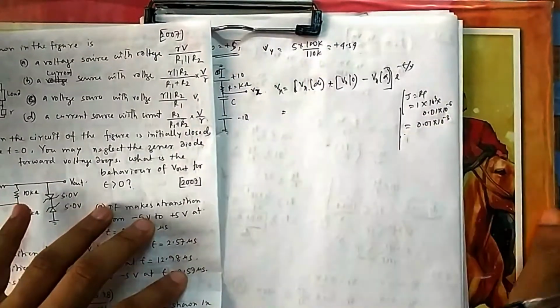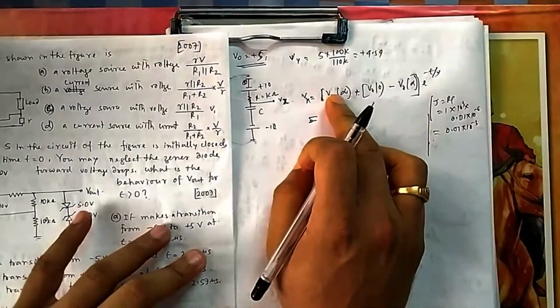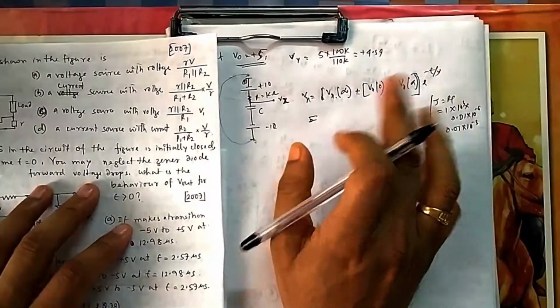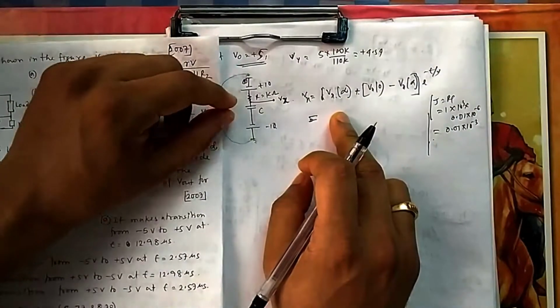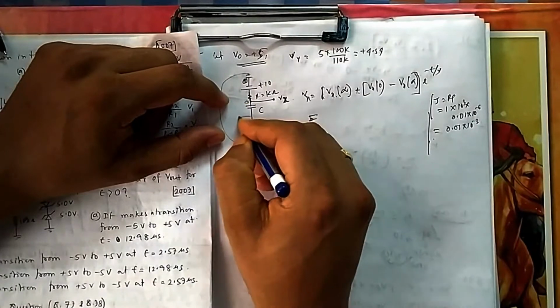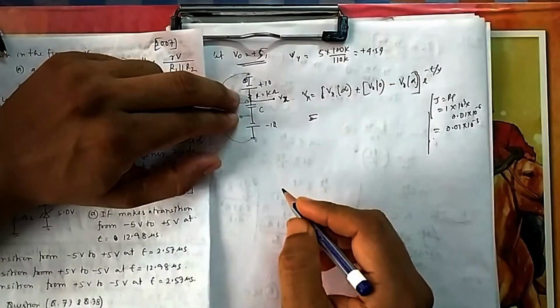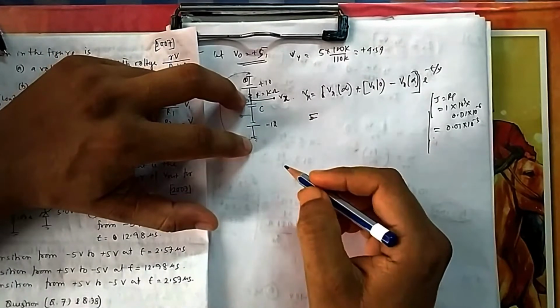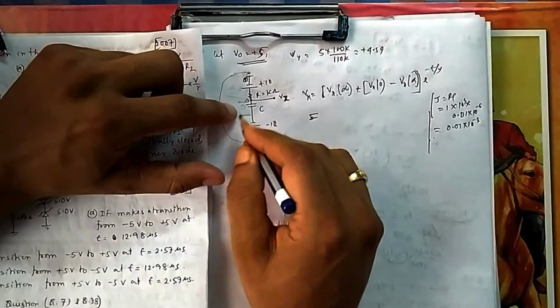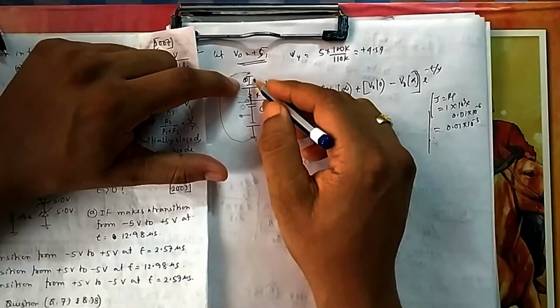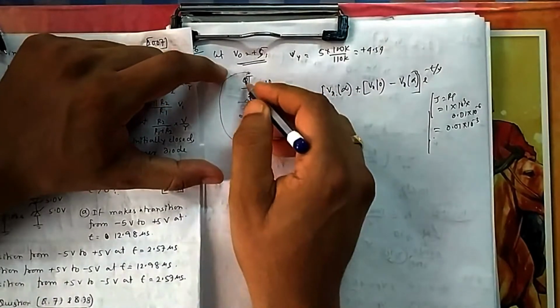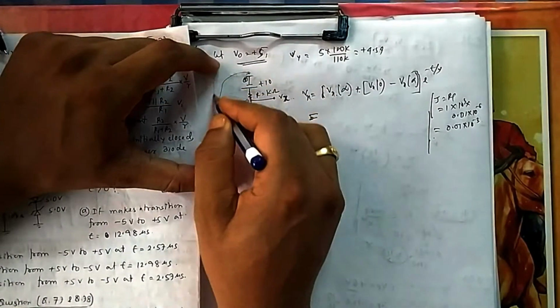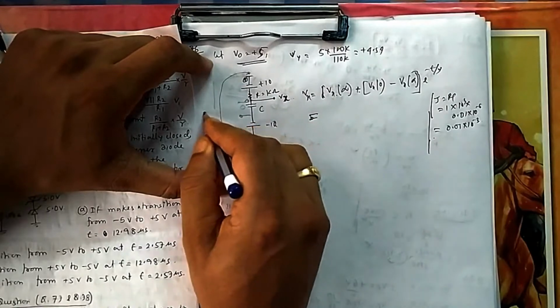Now what is Vx infinity? Infinity means you keep on charging it until it gets fully charged. Don't get confused that I am thinking about the voltage across this capacitor. No, I am not thinking about voltage across the capacitor. I am thinking about up to here, this voltage. What will be the final capacitor voltage? Because you can see two batteries are back to back.